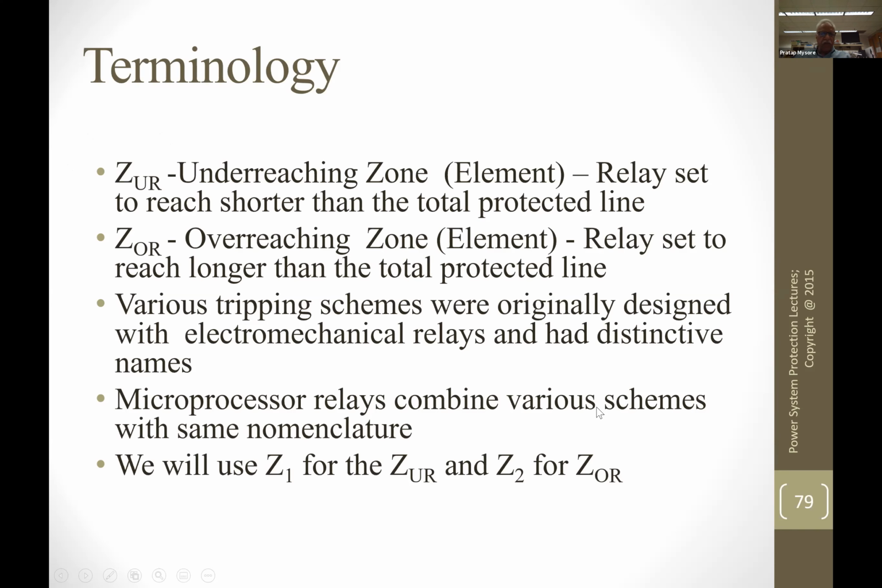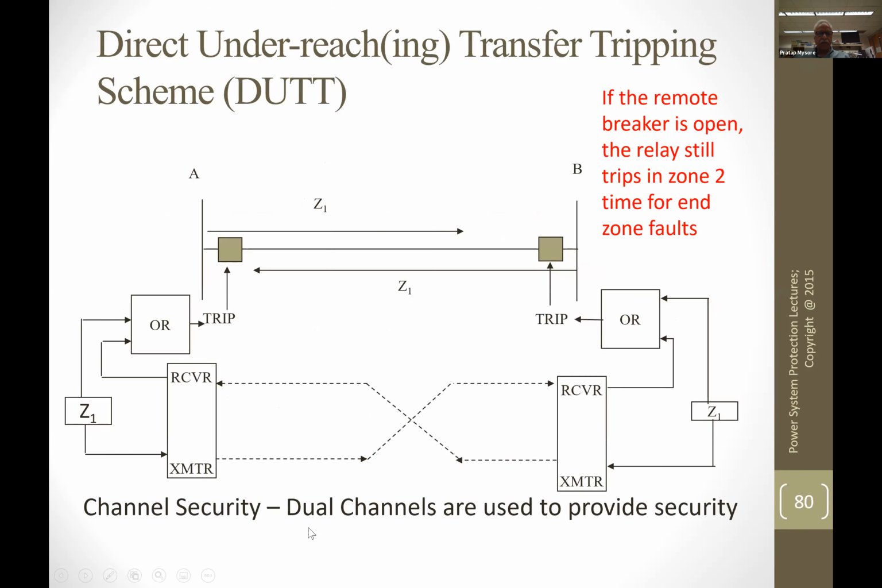Microprocessor relays combined various schemes with the same nomenclature. So what they call one scheme now in a microprocessor relay may not be the actual representation of how they used to do it in the electromechanical world, but they have used the same terminology, and added a few more features to the existing one. So we will use zone 1 for underreaching and zone 2 for overreaching. And let's look at the very first